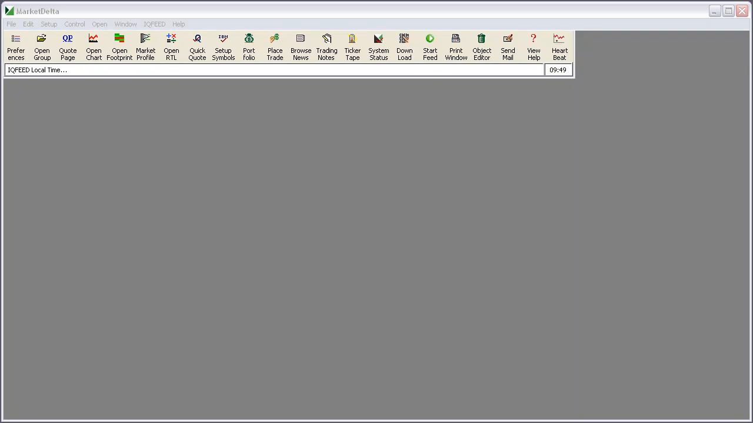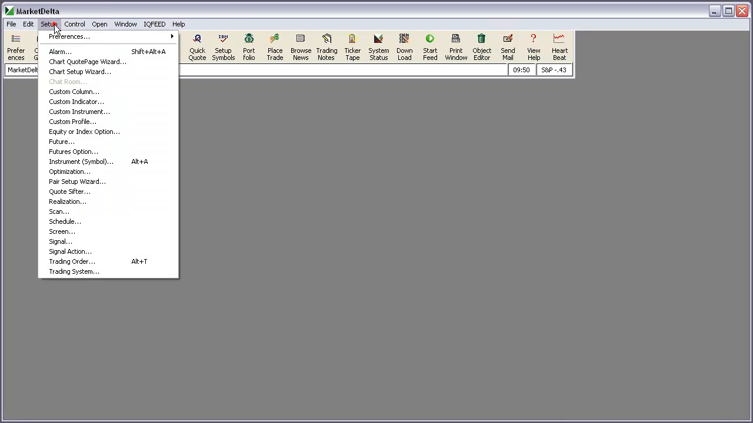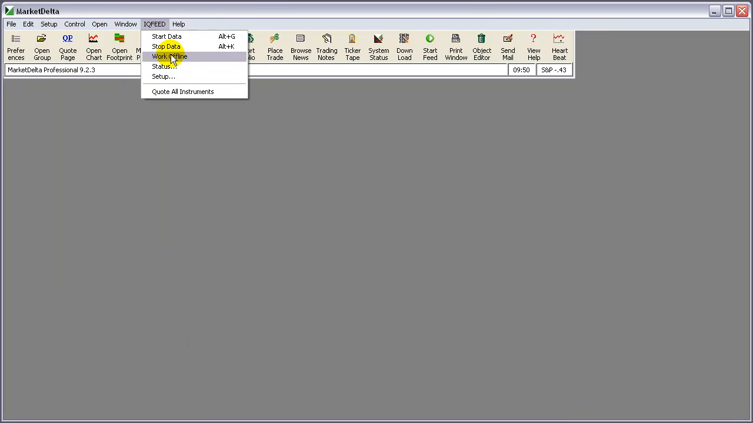So the first thing that we're going to do is set up the vpound variables that we wish to use. This first part is not absolutely necessary, it's optional, but it's nice to be able to label the vpound variables so that you don't have to remember what vpound1 or vpound2 stands for. You'll know just from glancing. So from MarketDelta, we go up to Setup, Preferences,